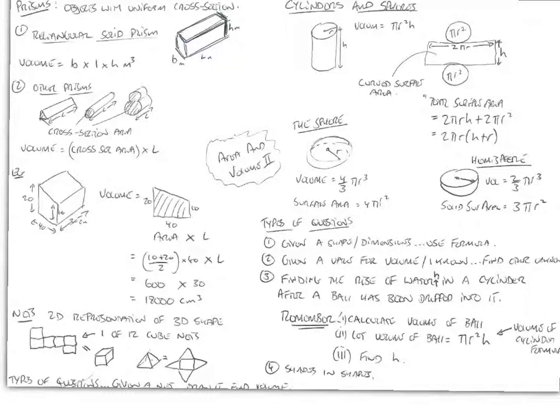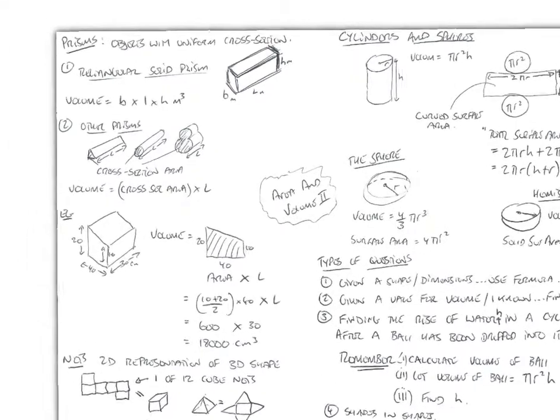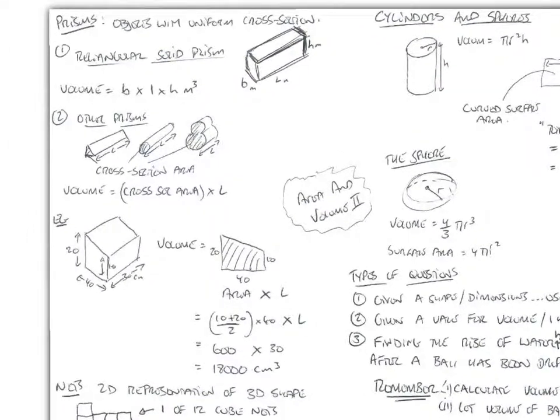Okay, so we're looking at area and volume part 2 now. So we'll just move this down here, and I suppose the first place to begin is to talk about prisms. And prisms are basically objects with a uniform cross-section, and a rectangular solid prism looks like this, with a breadth,